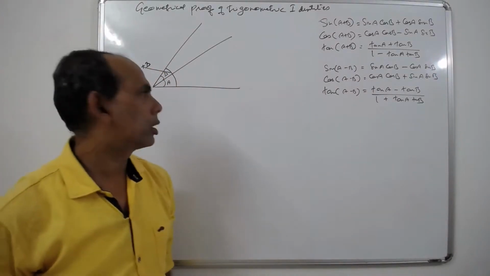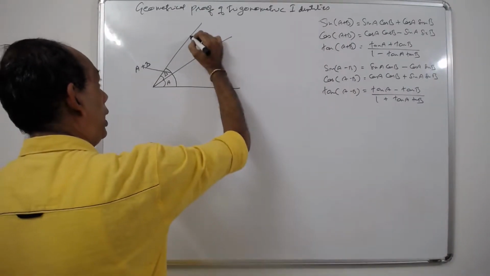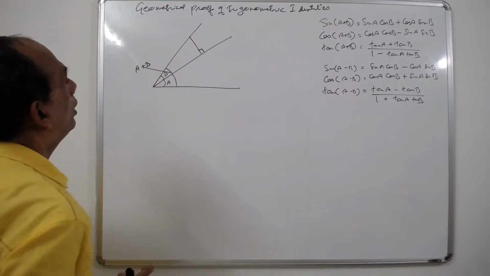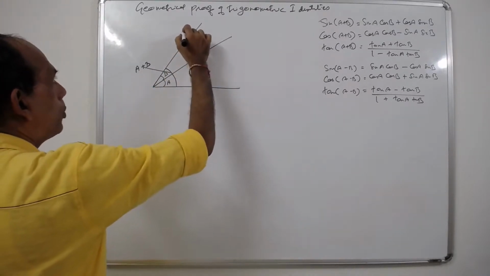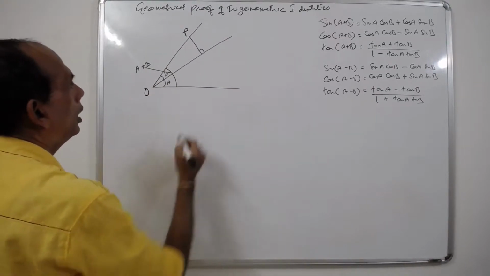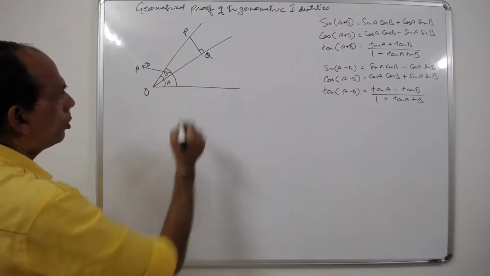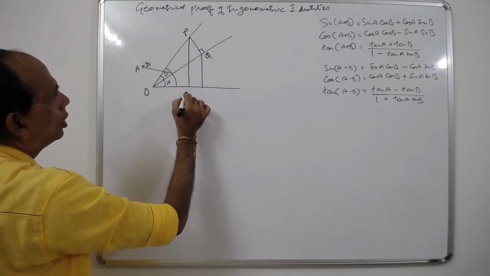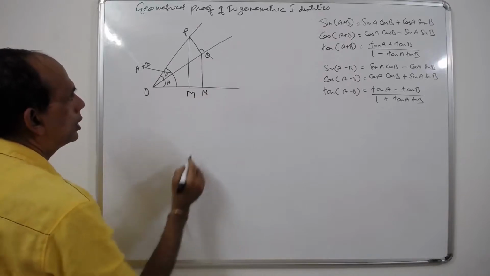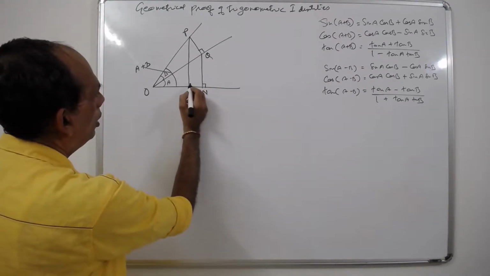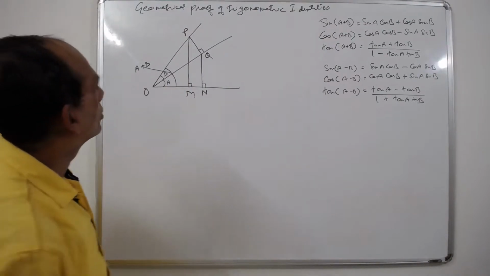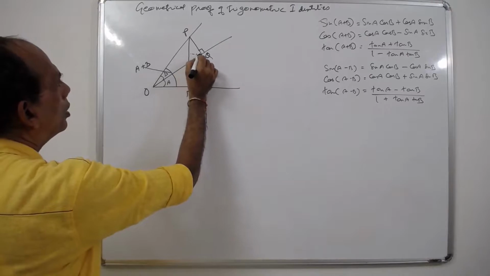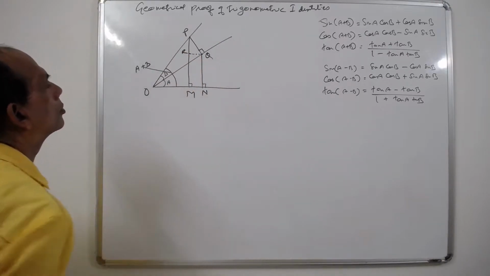Here you have to do one small construction. From any point over here, draw a line perpendicular to this middle arm. Let's call this point P. This is O. This is say Q. From here, take the projection downwards. One here and one down. One is M, say this is N. So now we have one, two, three right angle triangles. We want another one, the fourth one. From here, let's call this R.